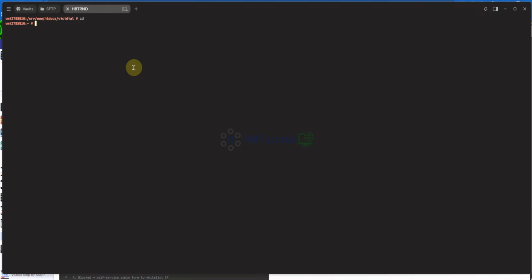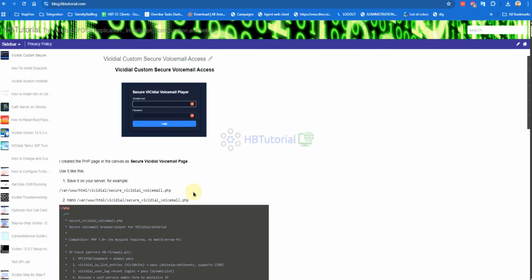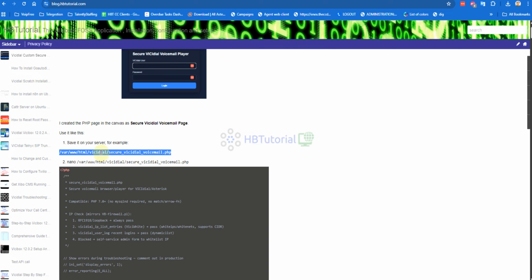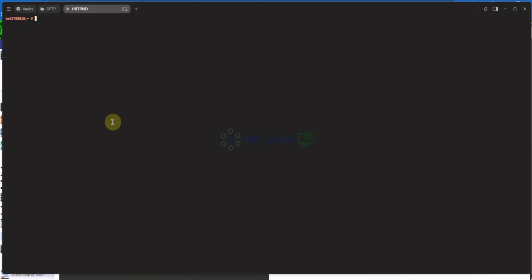This one is for a scratch installation. If you are using a BCVAC setup, you need to go to the www htdocs directory with nano and paste the PHP file.